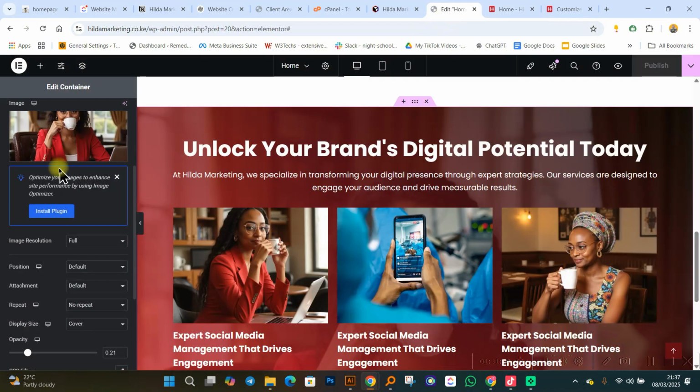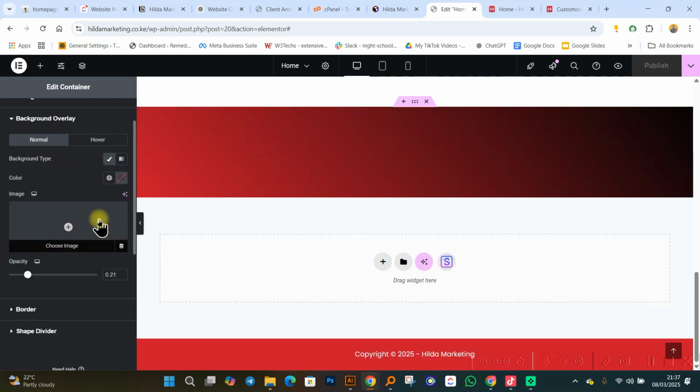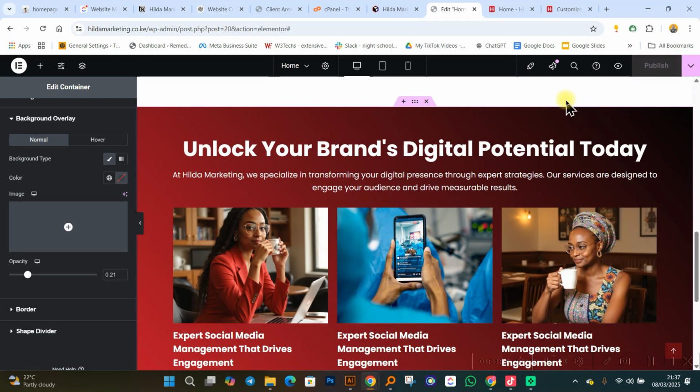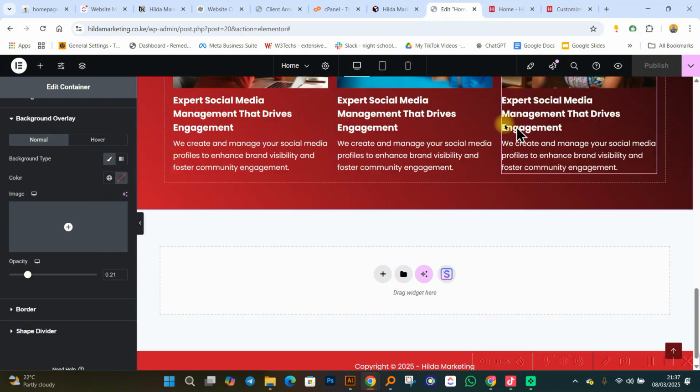If you don't want to use that image, you just click on delete and do away with it. Then you click on publish again. I mean, you can see that it's easy, all right? It's easy for you to create websites with WordPress, yeah? Now, this is one of the things most people really struggle with when it comes to web design.